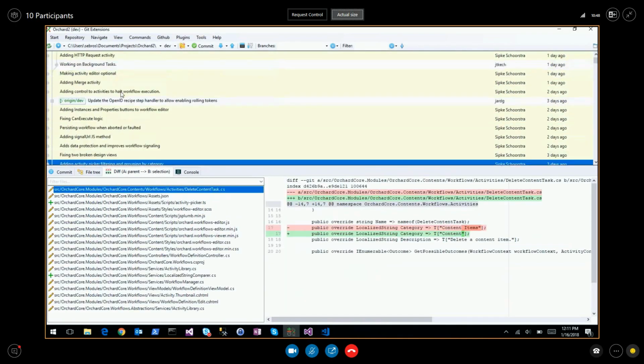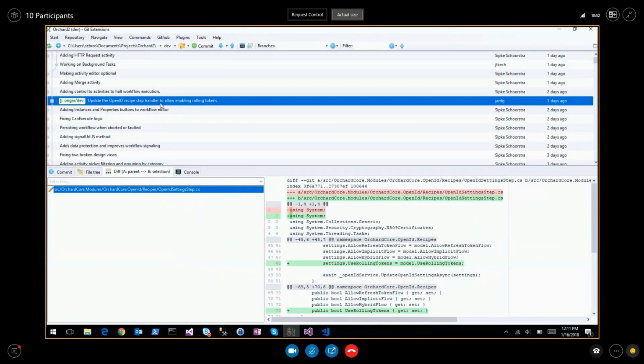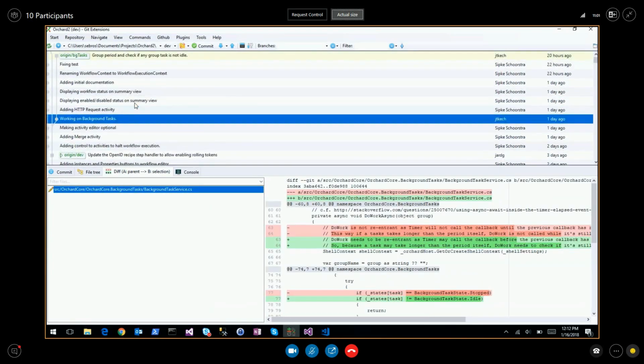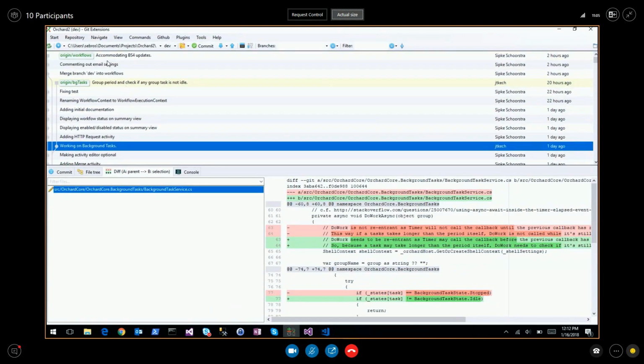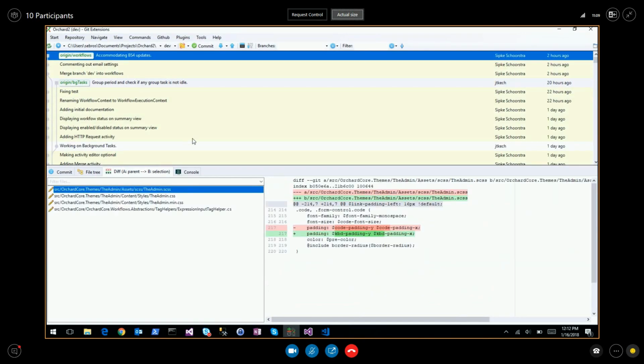So this is Sipke working on his branch. This is another PR, update the OpenID recipe step handler to allow enabling rolling token. So it was missing something. It was pushed. Jean Thierry working on background tasks in a PR, and this morning Sipke submitted the pull request